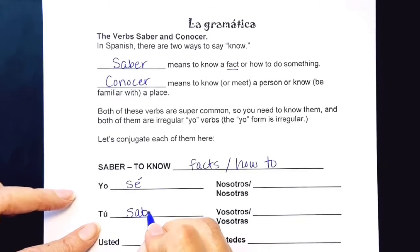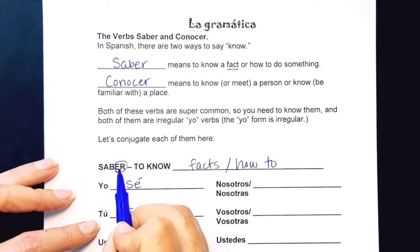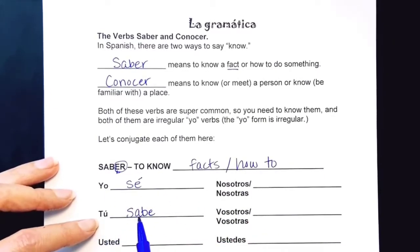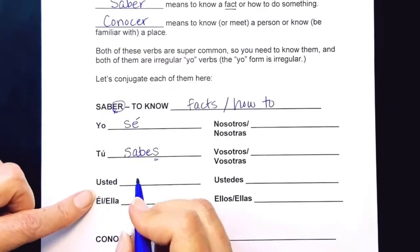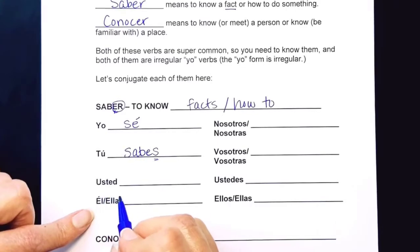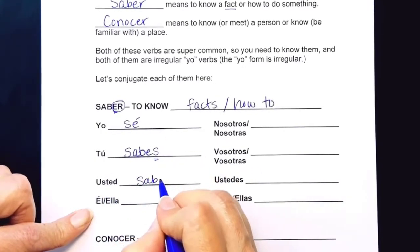Okay, I've got my basic sabe. That's my basic because it's saber. It's an ER verb. And so if you just put your E back on, you've got your basic one. Tú sabe. But tú always ends in what letter? S. So tú sabes. This S here lets you know I'm talking to a two-person. Usted, él, and ella. These are the same verb, and it's the basic. So it is sabe